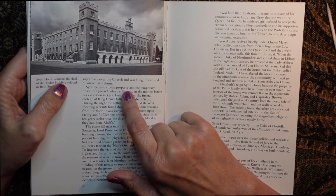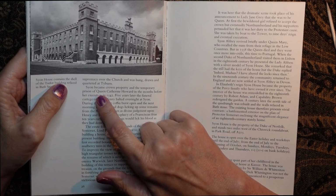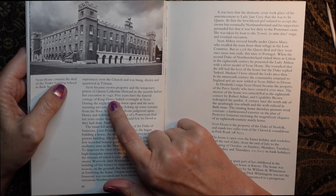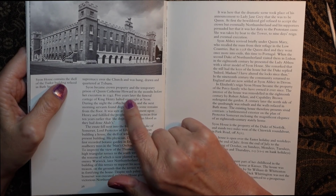Syon became crown property and the temporary prison of Queen Catherine Howard in the months before her execution in 1542. 5 years later, the funeral got